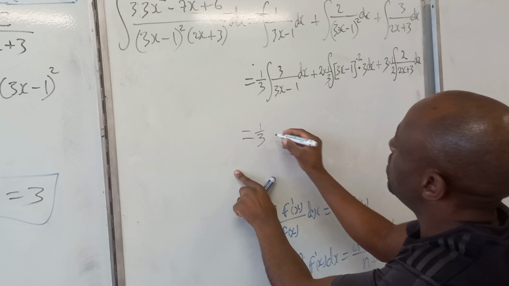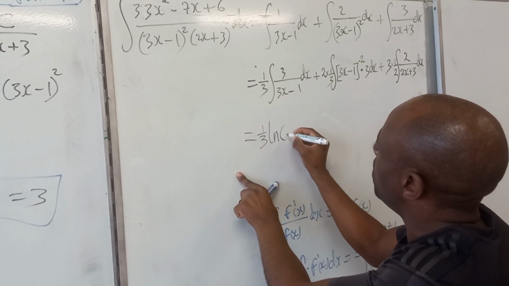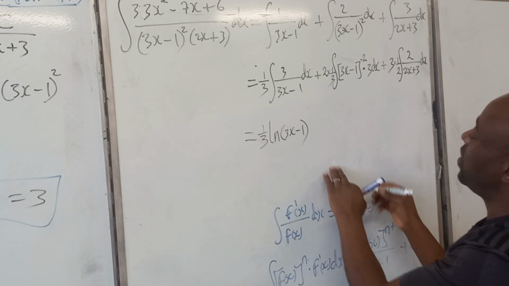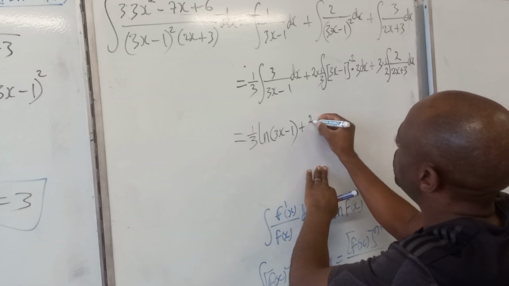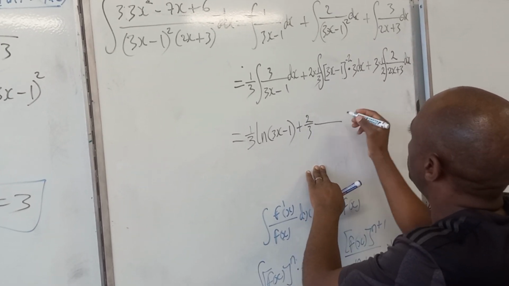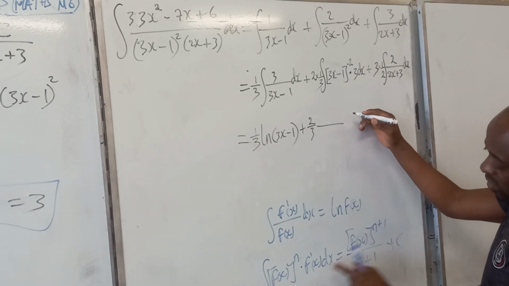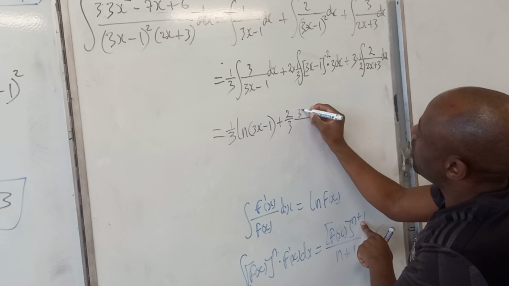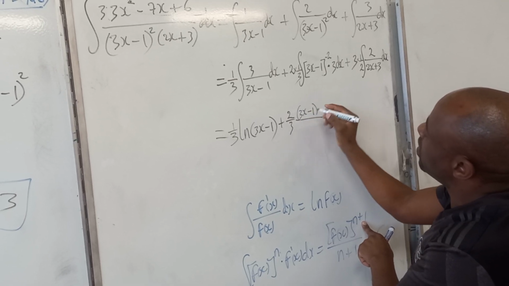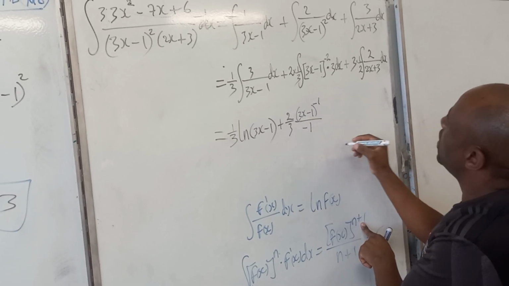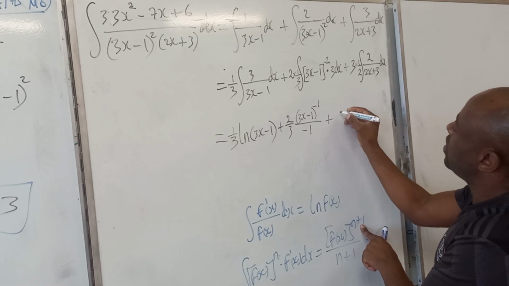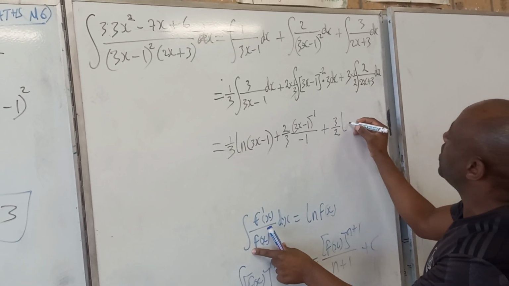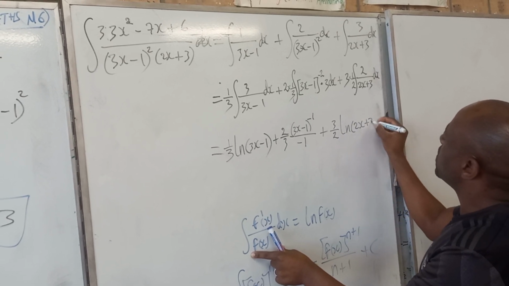Now I can write down my final answers, knowing that anything that went out must be in the answer. So this will be 1/3 the ln of 3x minus 1 for this one. It's using that formula. Then for this one, it is 2/3 outside. Then to write the answer here, the power of your f must increase by 1. So there you've got to write 3x minus 1. If the power increases, it becomes -1. Then for the last one, you get 3/2, the ln of, we're going back to this formula, 2x plus 3